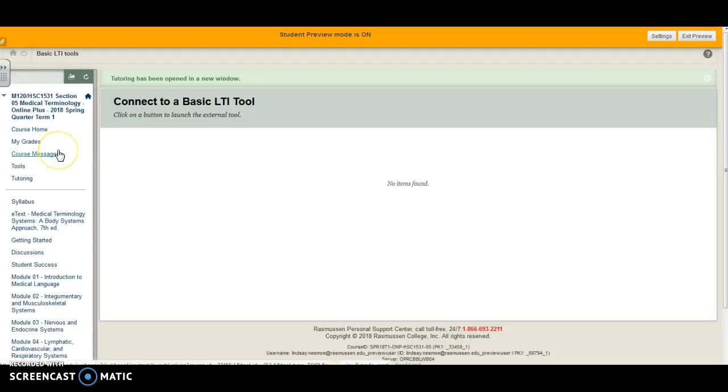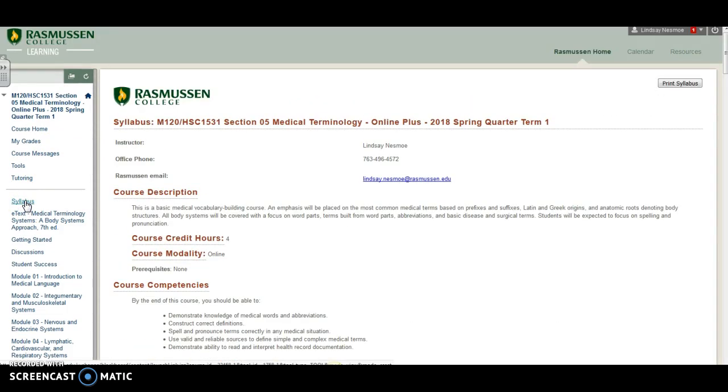So check that out. Back to the classroom, I want to take a quick look at the syllabus. You can look through this on your own time, but I did want to point out two things. One, the phone number that's listed here is my office phone, and I do not very often sit at my desk. I'm usually in a classroom or I'm teaching remotely, so if you do need to get a hold of me, you can certainly call this number, but make sure you leave a voicemail. If you don't leave a voicemail, then I won't know that you called because I don't see those missed calls because I'm not usually at my desk. But I do have voicemails that are forwarded to me if I'm at a different campus.